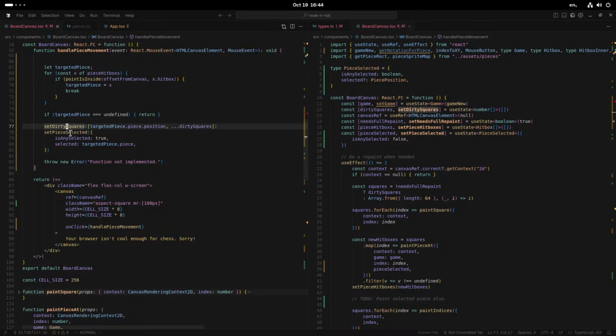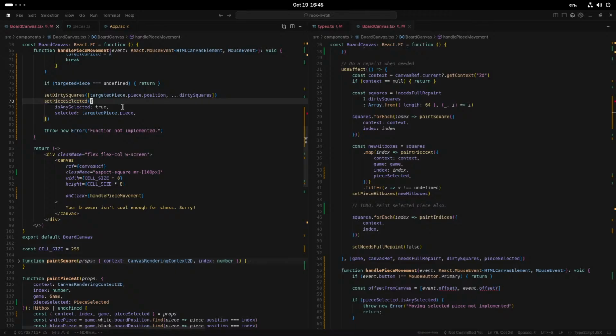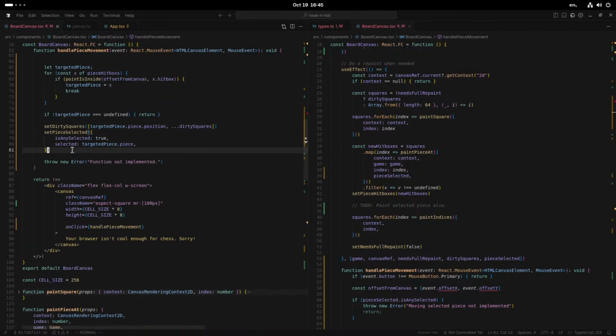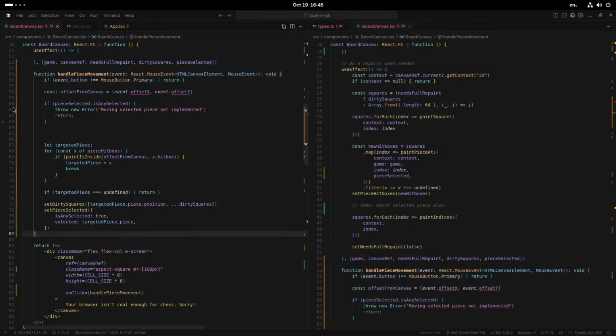We say it needs to be repainted, and we make sure to shift responsibility for painting it from the existing paint pieces, the one for painting static pieces, probably should rename it to paint static pieces, to the paint selection handler, which doesn't exist yet. I think that's all we need to do in this function, right? We just transfer control. Now, if the piece is selected,